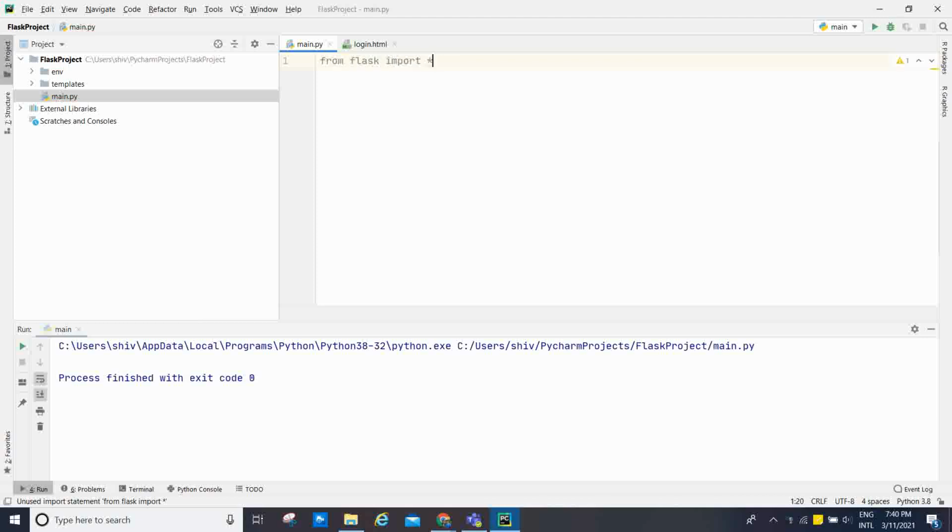I'm going to import all the libraries, and after that app equal to Flask(__name__). And after that, the route for login: app.route('/login'), and methods equal to POST. Methods equal to the POST method.